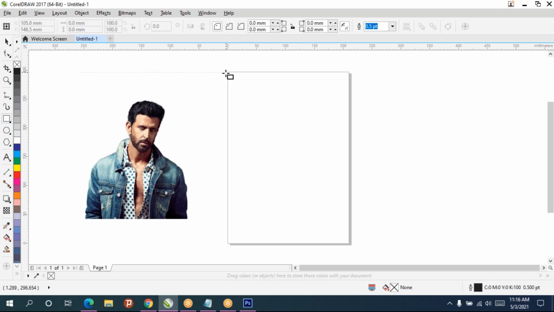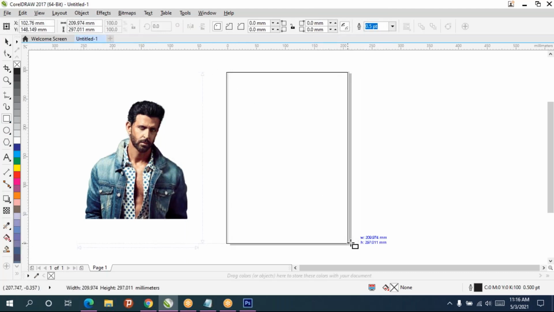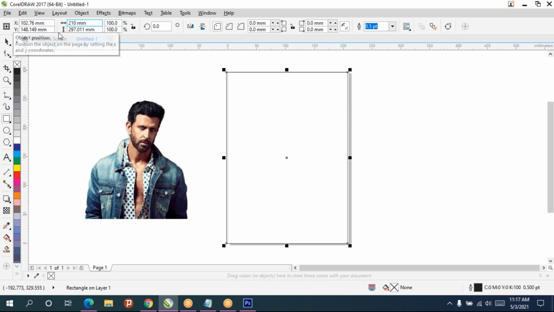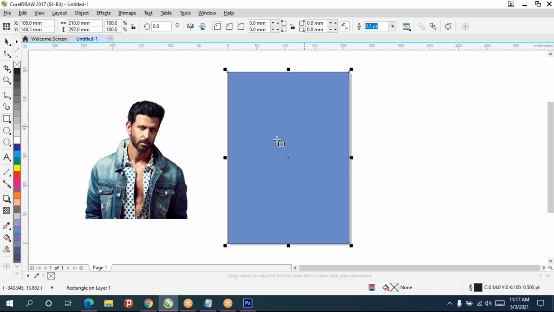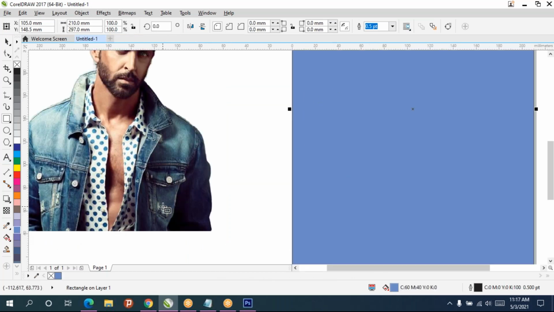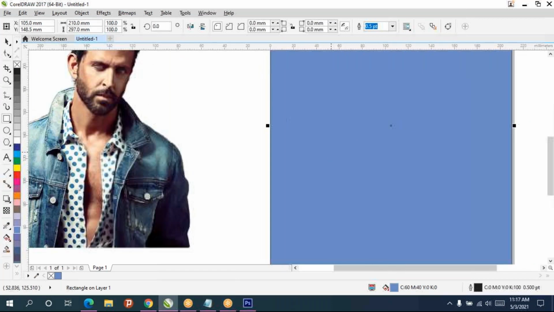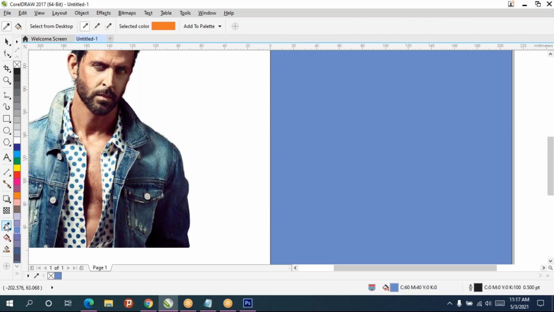So first I'll create one background, which is the same as the paper size, 210 by 297 millimeter. Then press P for page center. I'll give some color to that. If you want a color which is there in the object, you can take the color eyedropper tool, which is there in Photoshop also, and select the color you want.